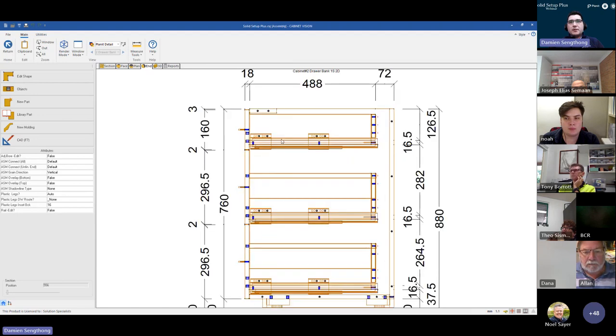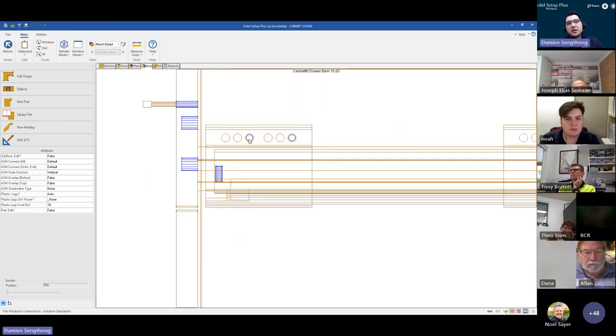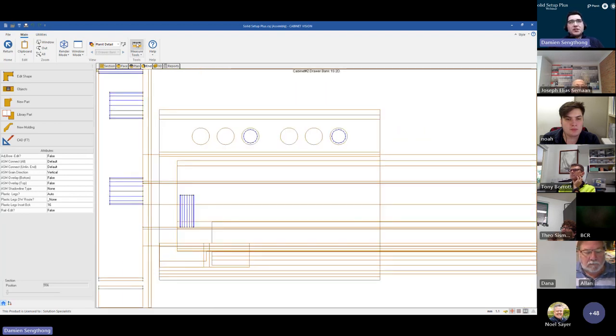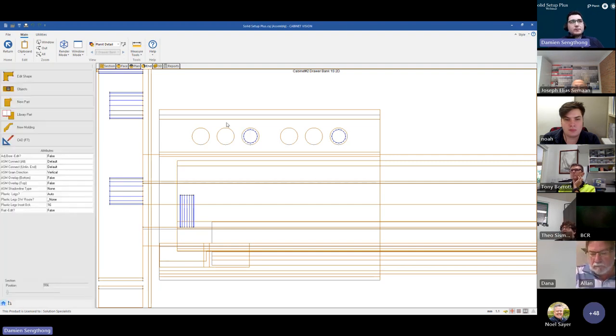So we have our solid setup package already assigned. Now, the example I'll just show here is in relation to the draw guide drilling. If I just quickly measure this, as you can see, we have a 5 mil diameter hole for our draw guide. Now, if anyone is using 3 mil screws or a 3 mil hole for the draw guide,